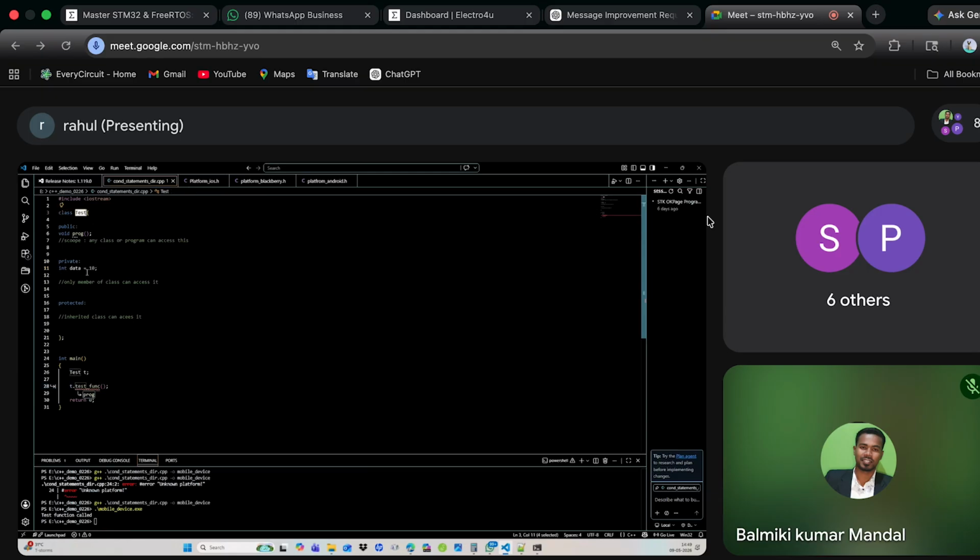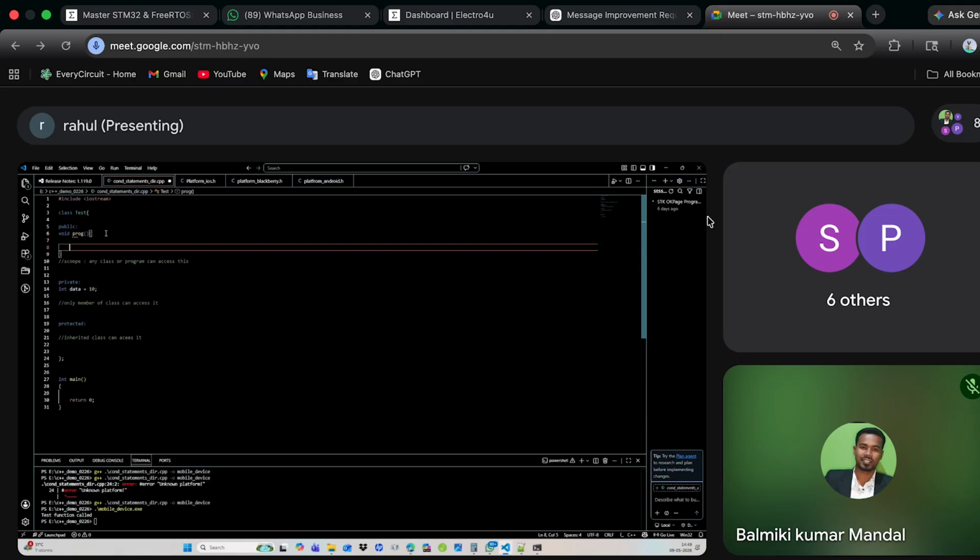We will see an example for that. And protected, I will explain later because it comes under inheritance. For now, we will see public and private and the difference between them, and we slowly move to the deeper concepts. So let's create an example program. I'm just printing out the data.